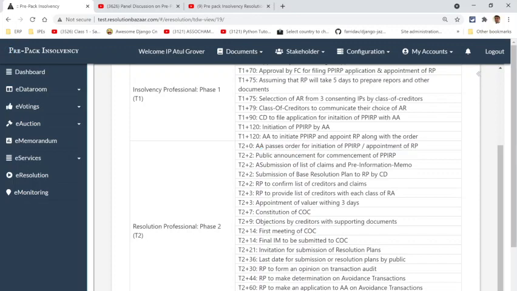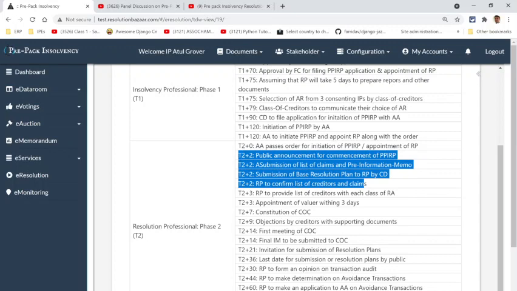Now, in the last phase, we have the adjudicating authority passing the order and appointing the resolution professional. Then within 2 days, there is a public announcement. Within 2 days, the resolution professional will be doing 4 things. He will accept the list of claims and a preliminary information memorandum, as also the base resolution plan, as also the list of creditors and claims.